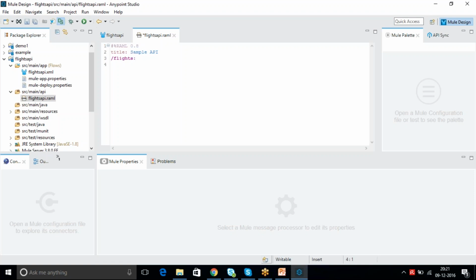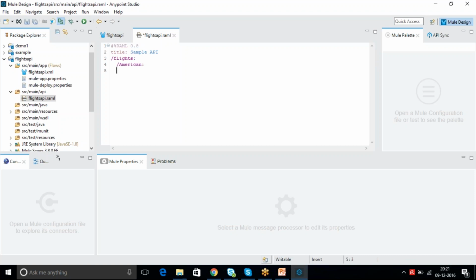When you are giving next under that, if you want to create the resource under the primary resource flights, give a tab. Okay, now what are that we have? American.